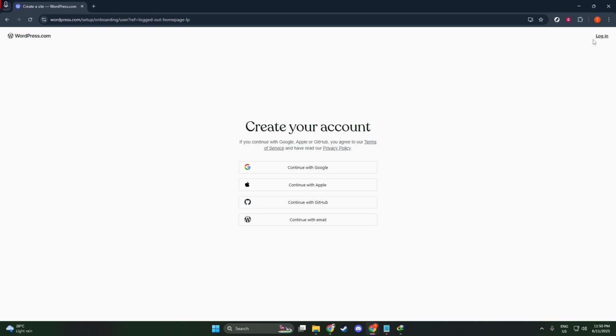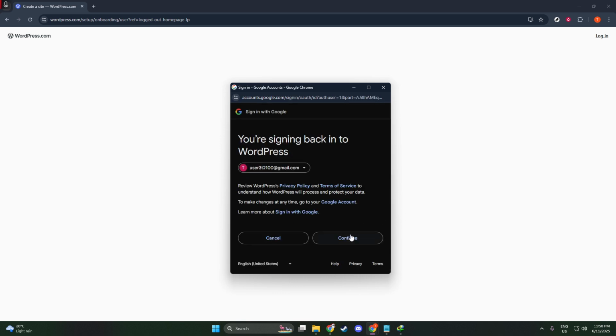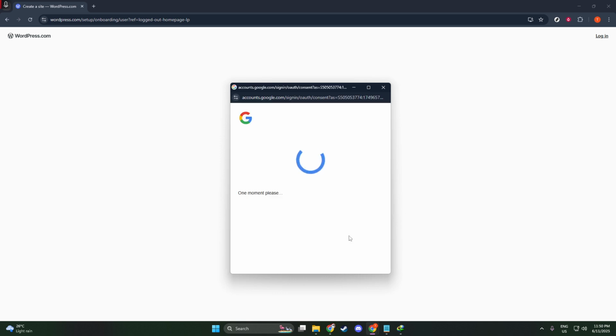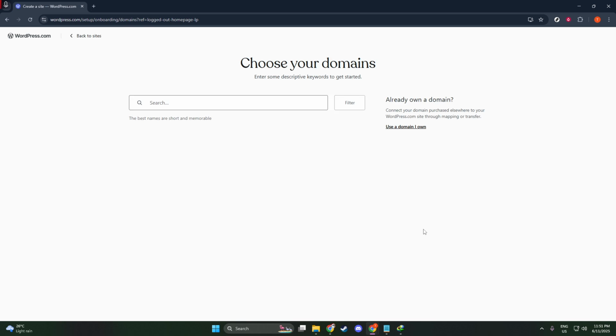Moving forward, you will come across several options to choose how you'd like to sign up. WordPress gives you the flexibility to either continue with an email address, or you can use existing credentials from other platforms like Google or Apple. This is particularly convenient if you'd rather not juggle multiple usernames and passwords. For this guide, I recommend using your email. This not only keeps things simple, but also ensures you receive any important notifications about your WordPress site directly to